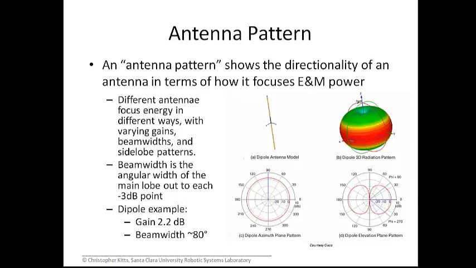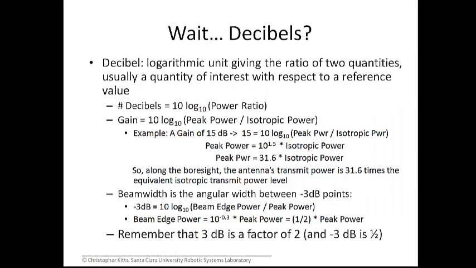And for this example, we have a very low gain because it really is spreading energy out fairly equally in all directions with the exception of the axis. So the gain is only 2.2 decibels and the beam width is very broad. It's about 80 degrees. Now I'm using this term decibels, and it's the first time I use it in the course. Some of you may already be familiar with it, but what we're really talking about is this ratio of power, and we're talking about peak power and the power at any given angle, and we're comparing it